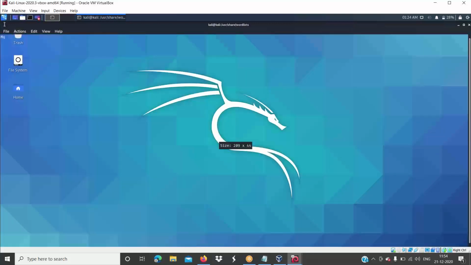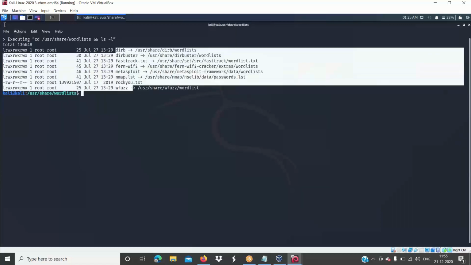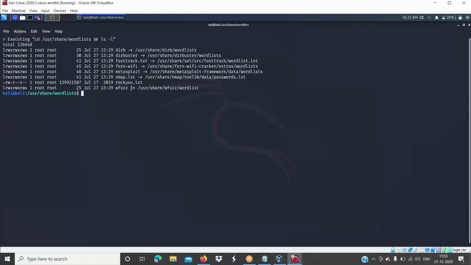Once you click the word list, here we have the word lists belonging to various tools, like dirb, dirbuster, Fast-Track, fern-wifi, Metasploit, nmap, then rockyou.txt, which is the one I was talking about. Otherwise, you can directly enter this location, usr/share/wordlists, and under that you'll have the rockyou.txt file.